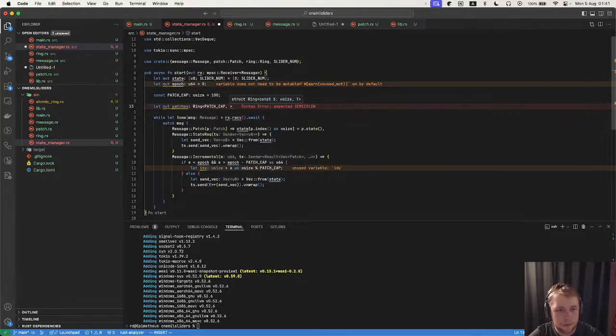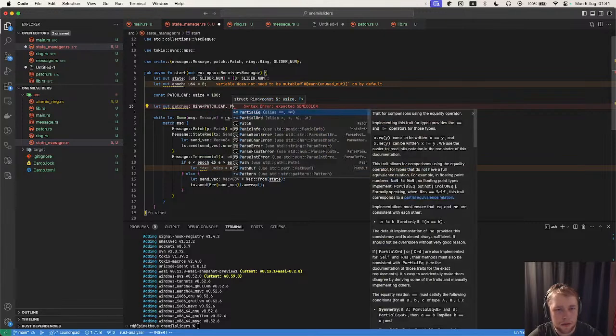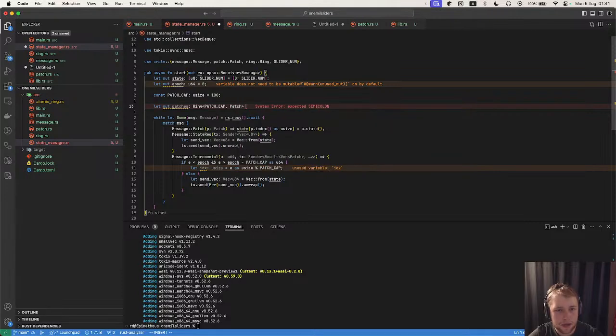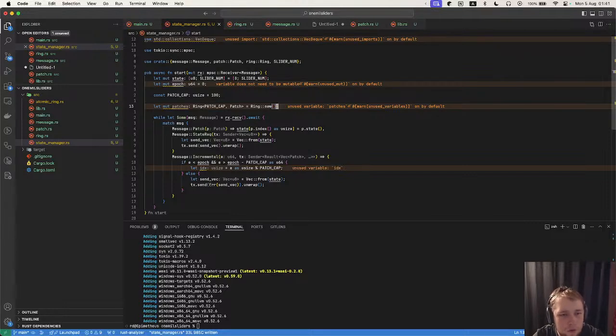Patch gap, and then patch equals ring new. Cool. So then in here,